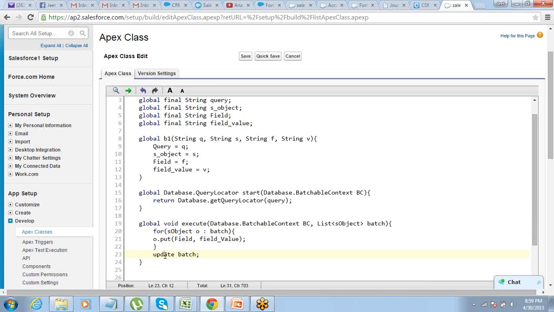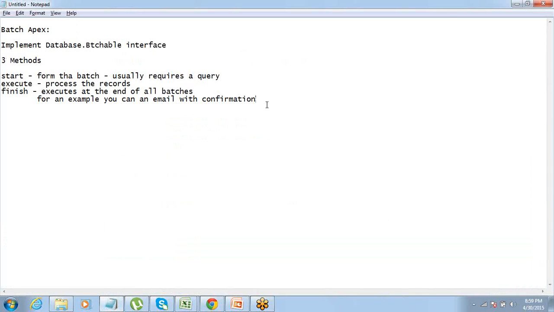So for execution, we have to write another method, which is database dot execute batch. Database dot execute batch. Okay, so this can be called from some other method, but since we're not writing any other method now, we are just gonna do this. So this is what I should write: